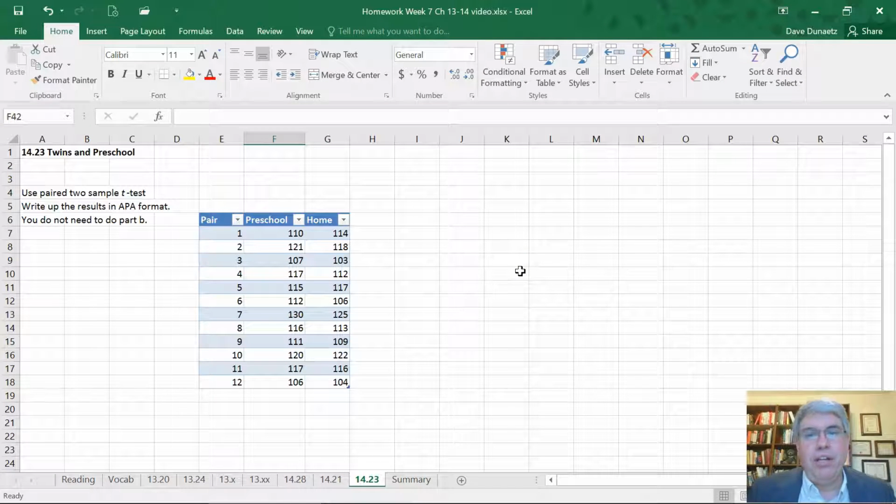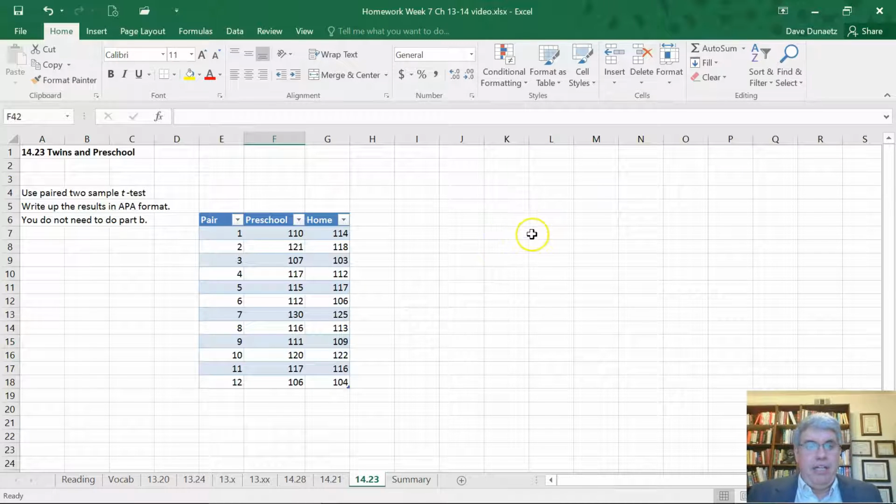In this example, we're going to look at the effect of preschool on young children. This is an interesting study because there are 12 sets of twins involved. The twins have either a similar genetic background and identical home backgrounds, or identical both home and genetic backgrounds, so they match up pretty well. In this study, the parents agreed to send one kid to preschool and the other twin stayed at home. And they want to see if there's a difference in IQ between the two kids after a year or